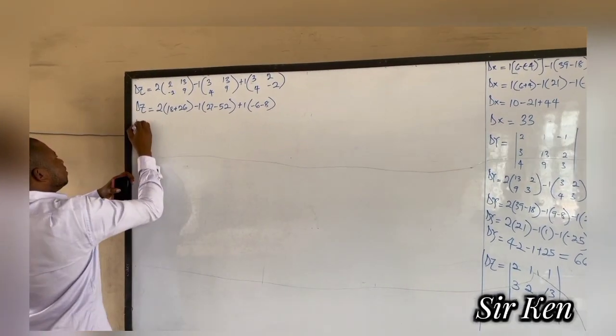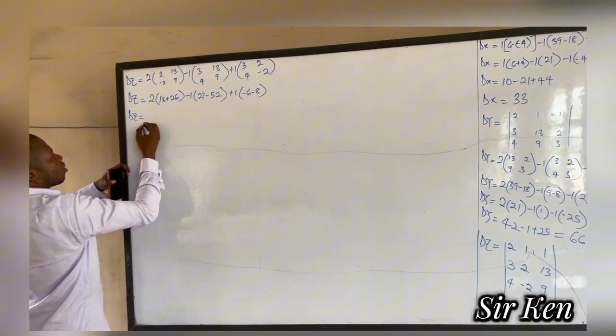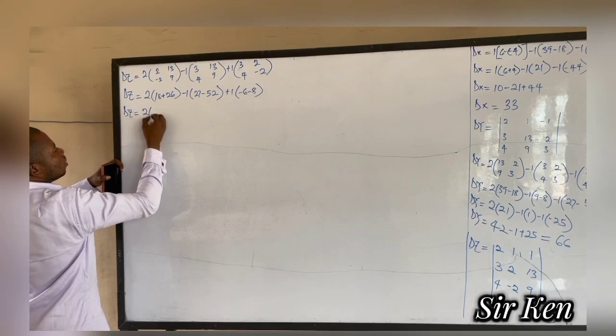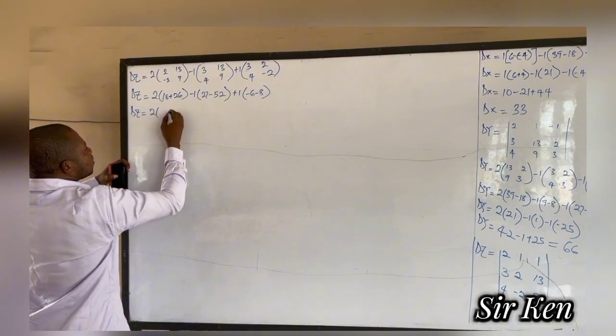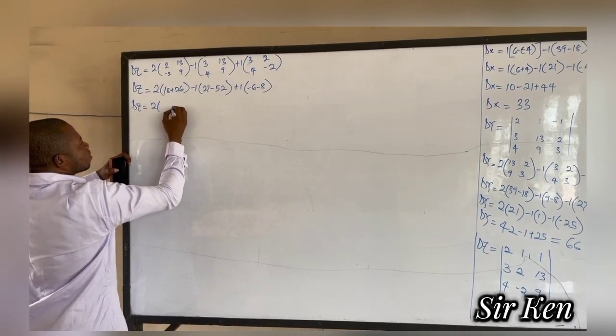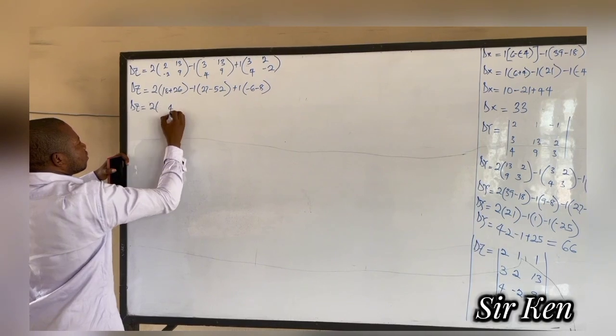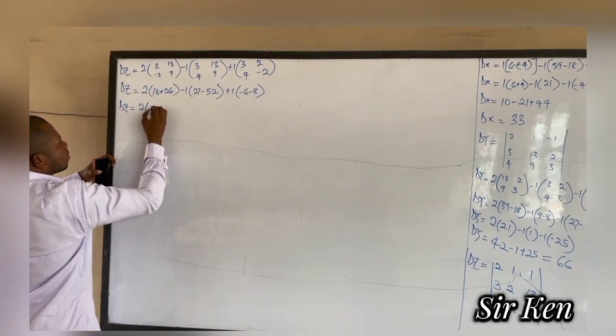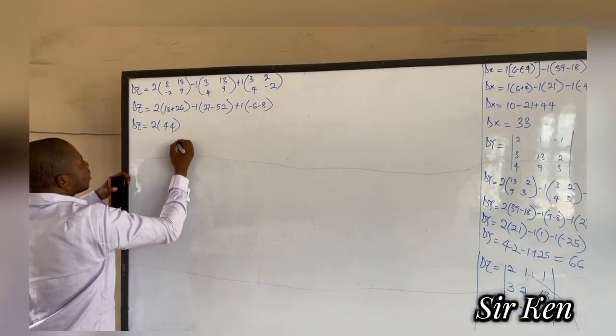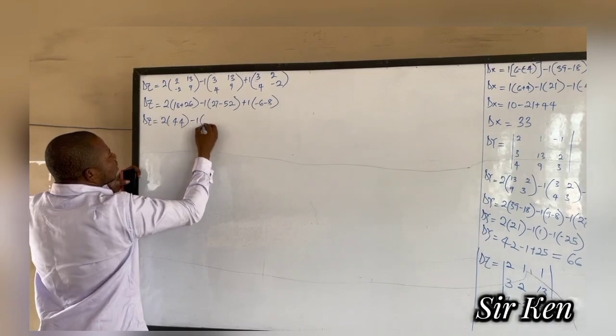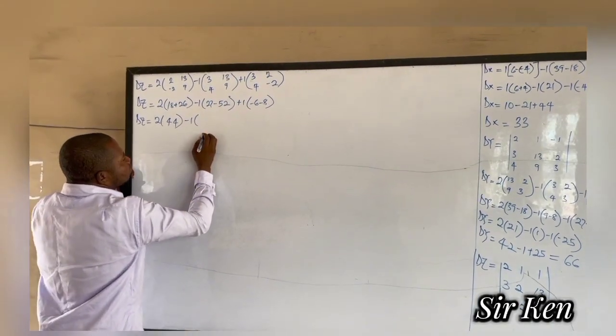Alright, dz further becomes 2 into this plus this is 8 plus 4, that is 40, carry 1, this is 44, okay, then minus 1 into, this will further give us